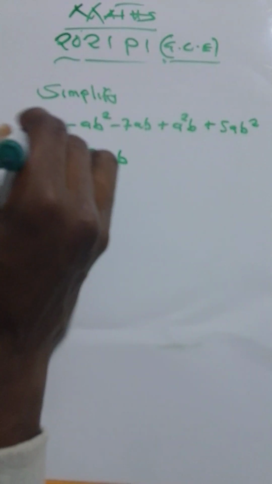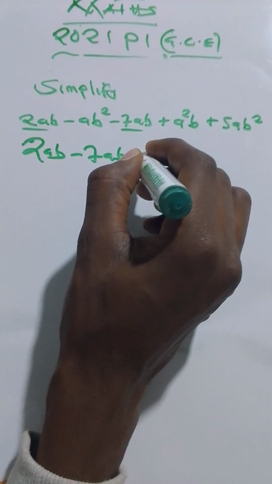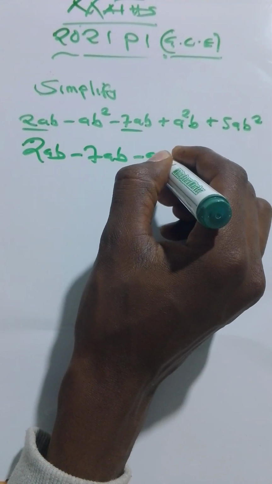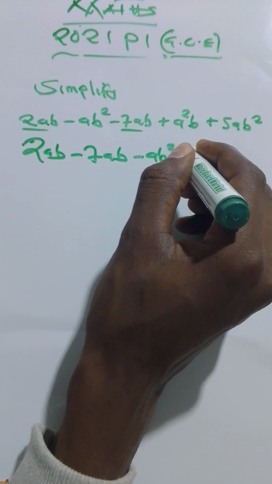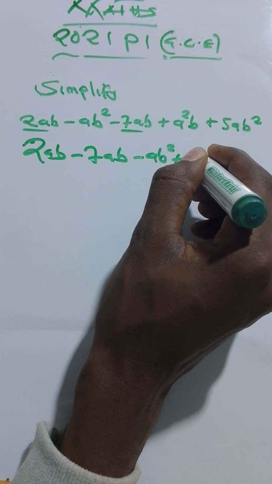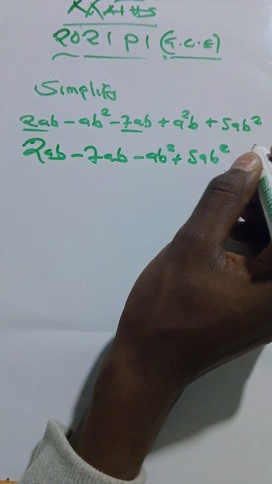Then apart from this one and this one will go. Therefore, we'll remain with negative ab squared, then plus 5ab squared,